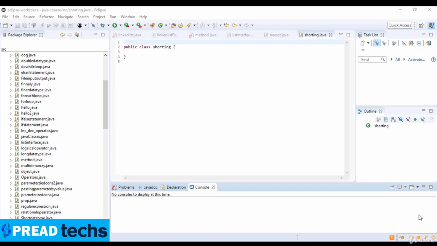Welcome to this lecture. In this lecture, we are going to be talking about Java sorting algorithms. A sorting algorithm is an algorithm that puts elements of a list in a certain order. The most used orders are numerical order and lexicographical order. Efficient sorting is important for optimizing the use of other algorithms such as search and merge algorithms, which